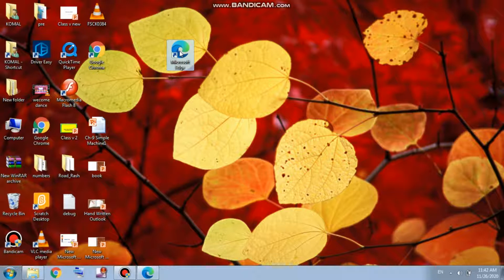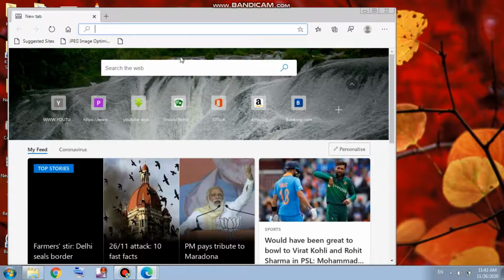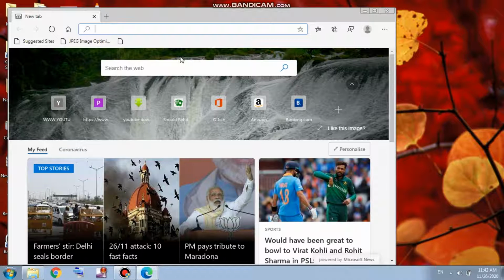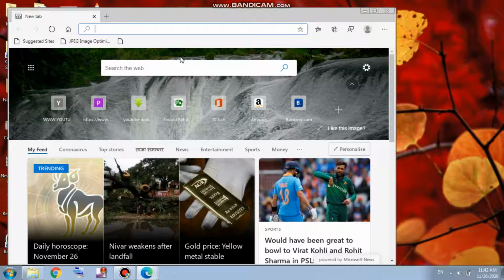Apart from letting you open a web page and search for information, it enables us to make notes on web pages and save them. It also allows us to read a web page without any distraction. It integrates Cortana to provide more information about selected text in a web page.